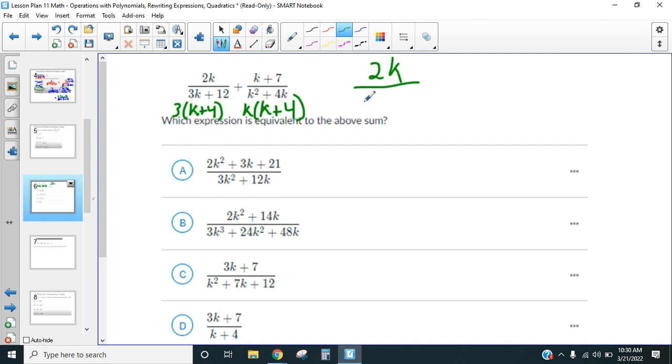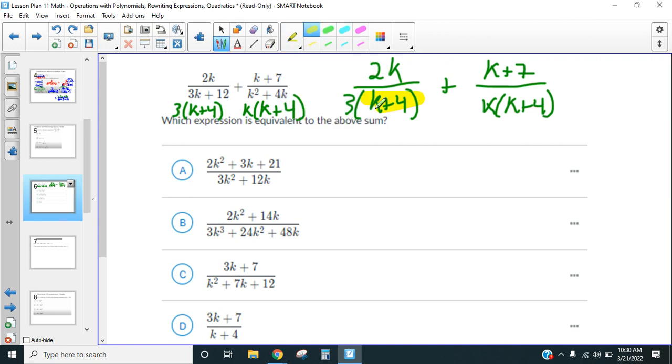So here's what the one on the left looks like, rewritten like that. And here's what the one on the right looks like. Now, they already have one thing in common, right? They already have K plus 4 in common. So we don't have to really account for that when we find our new common denominator. It's already there. However,